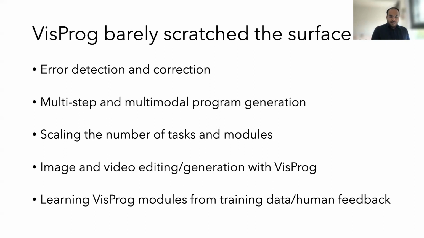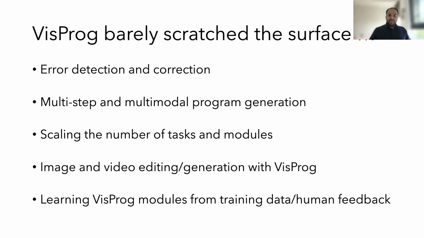The first is that in visual programming, we generate a program and we execute it, and then if it fails for any reason, we don't really do anything to fix it. Whereas ideally, we would like to be able to identify the causes of errors and then self-correct. Some of those errors are because of the syntax of the generated program. That is kind of easy to fix, because you can just run that program, get your error messages from the terminal and plug them back into a language model. And to some degree, it will fix those errors.